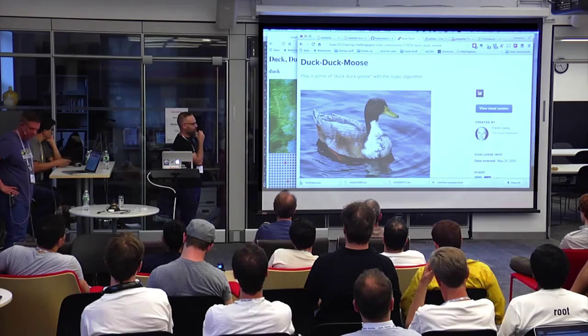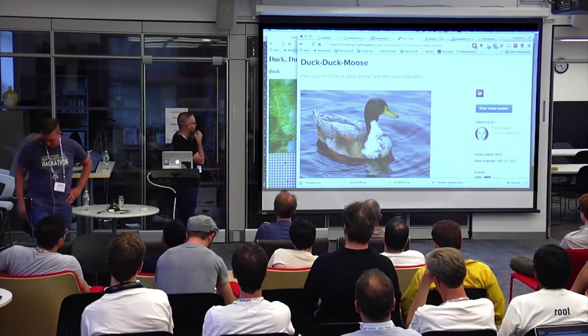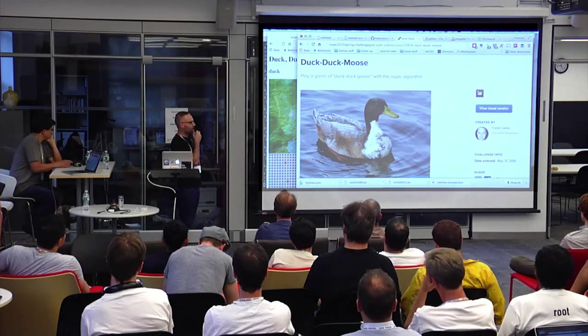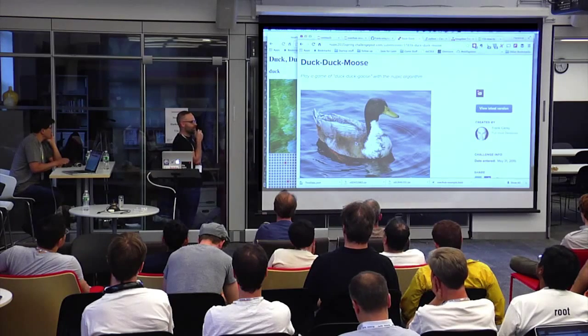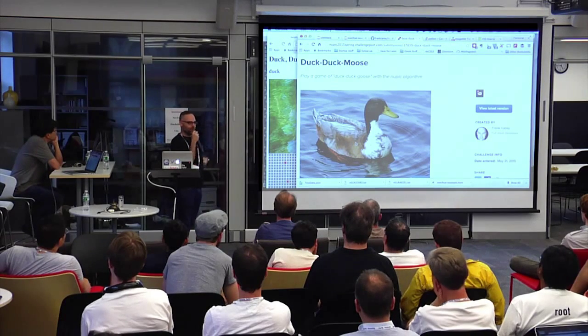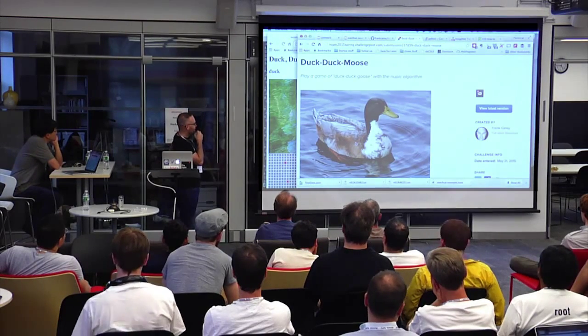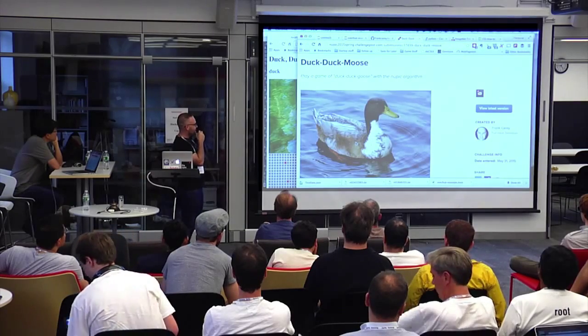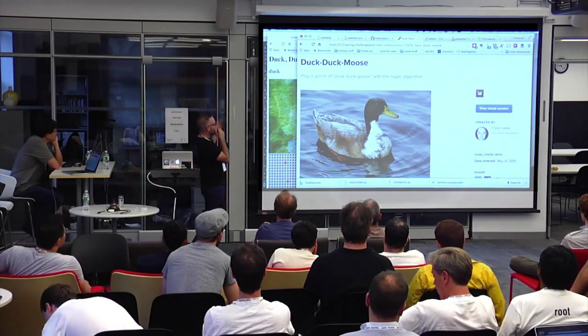I've been interested in AI for a while, and I've been teaching myself a lot of the deep learning stuff. So I was curious how I could sort of bastardize both of these algorithms and glue them together. A contrived example I came up with was a Duck, Duck, Goose game. Everyone remembers Duck, Duck, Goose as a kid, right? You walk around the circle, you're patting people on the head, duck, duck, duck, and eventually you hit goose, and it's